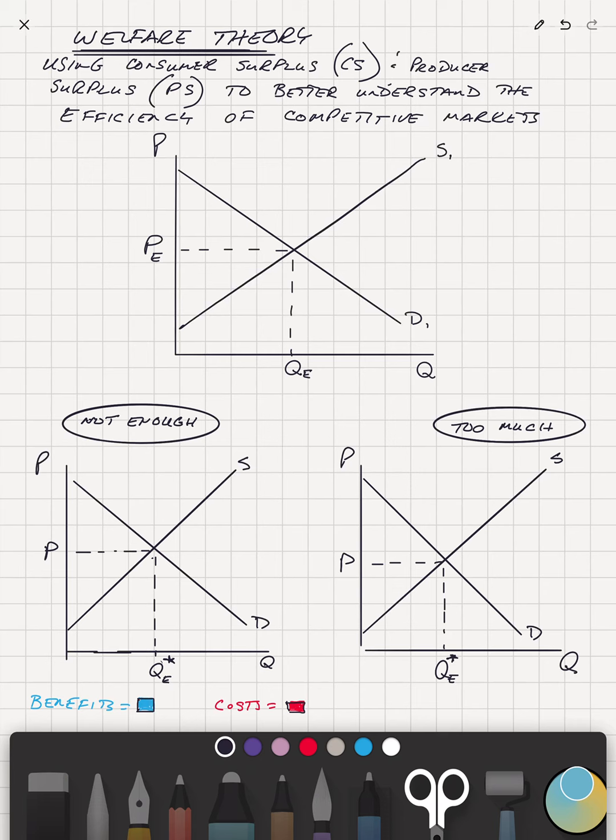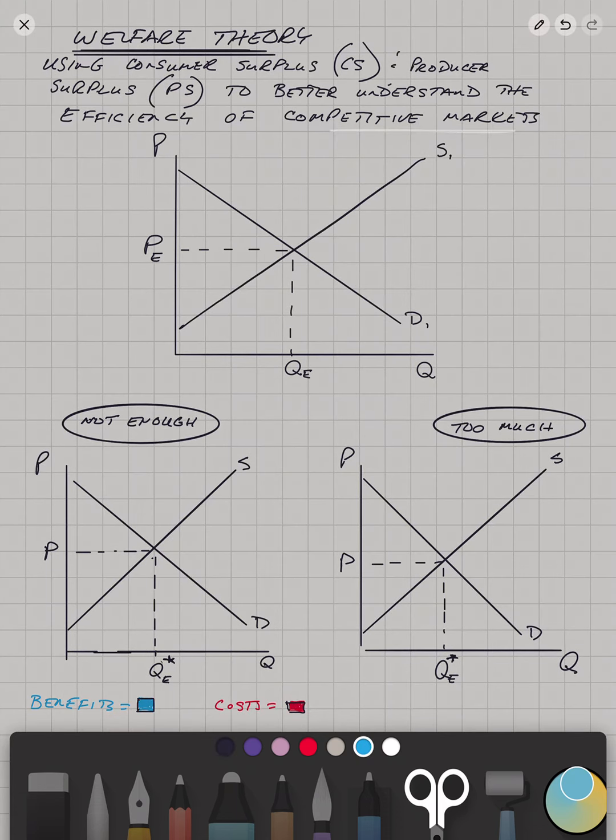We are going to put the two curves together, consumer surplus and producer surplus, and use it to better understand the efficiency of competitive markets. For us, we haven't gotten to competitive markets yet. So